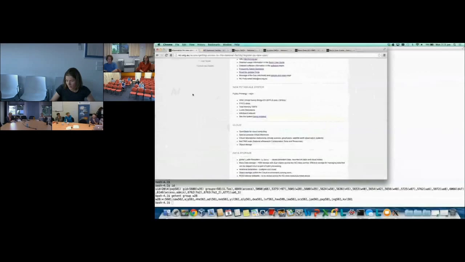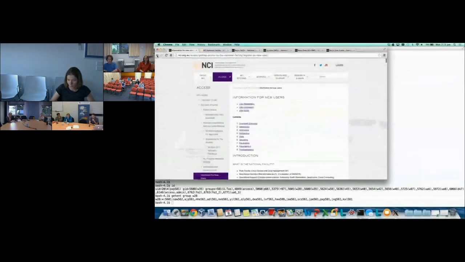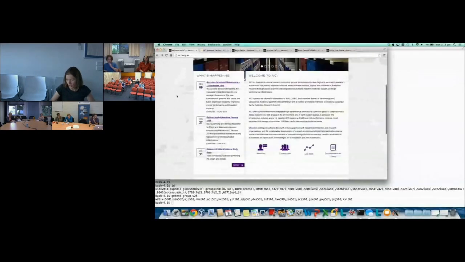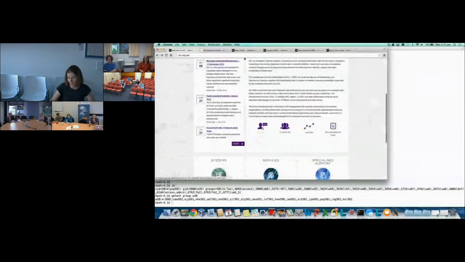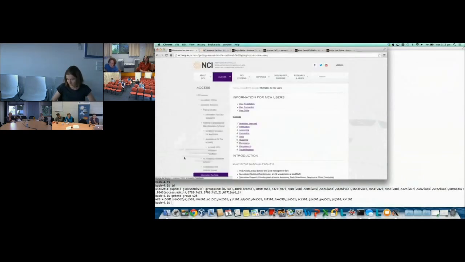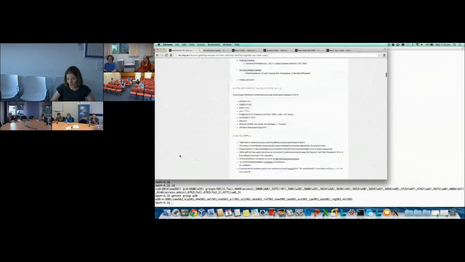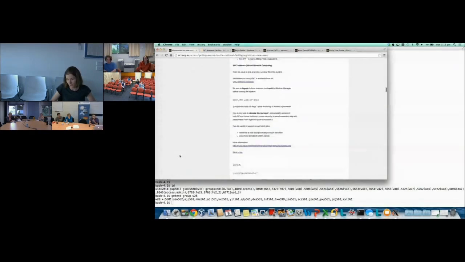Okay, so they just changed their website. If you go on their home page, you're going to find information for new users or for current users, and other documentation and live stats. Under new user and current user, I think it's kind of right at the bottom, you should be able to find the link to this kind of form.